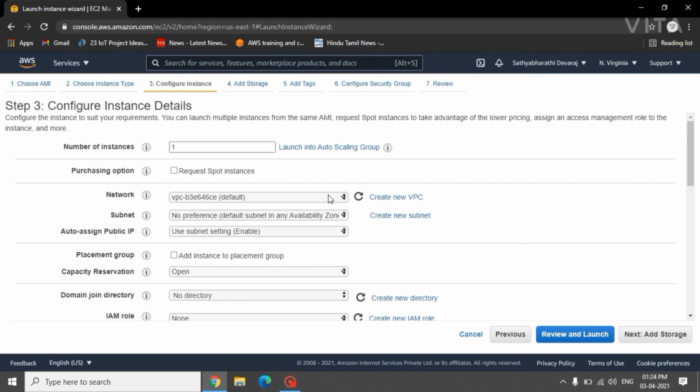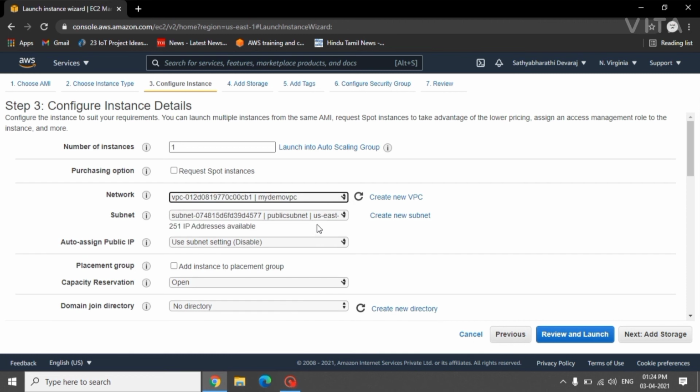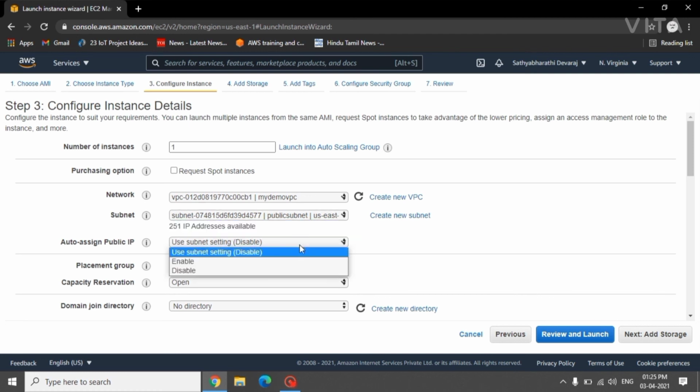Then in configure instance, under network, give the VPC we have created. Now we are going to launch an EC2 instance in the public subnet we have created. So select public subnet.